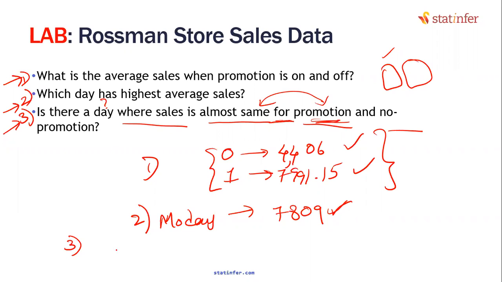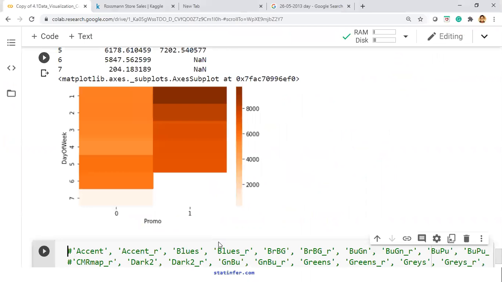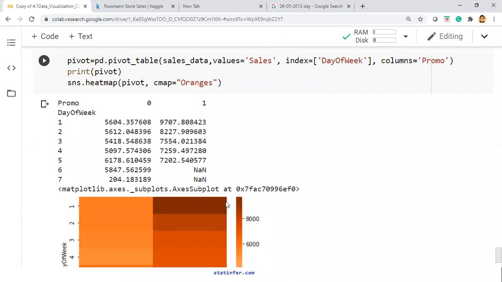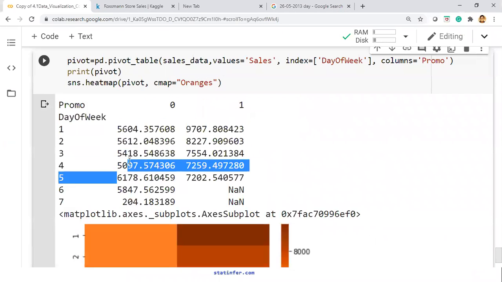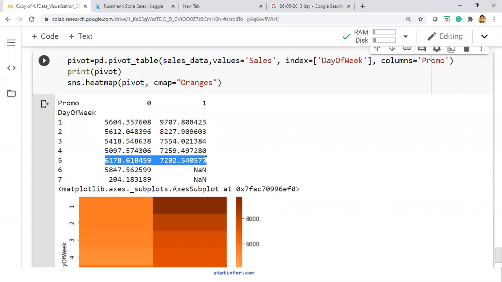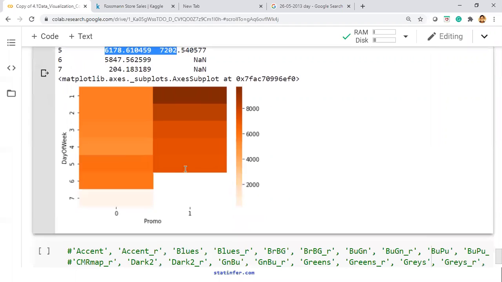Sir, day 5 then, sir. Which happens to be Friday. What are you trying to say on Friday, sir, compared to other days? Not necessarily exactly isolation. Compared to other days, you are telling me that on Friday there is a least gap, isn't it? Yes, sir. Whereas on other days there is a huge gap. On Monday there is a huge gap. People are really coming to stores only when there is a promotion. On Friday, I think comparatively lesser gap is there. Friday is the one that you have to highlight.